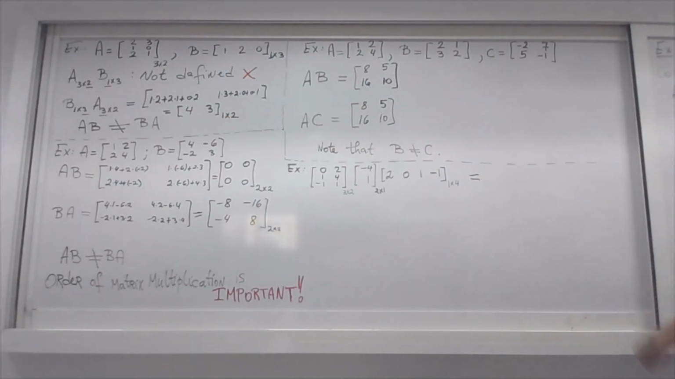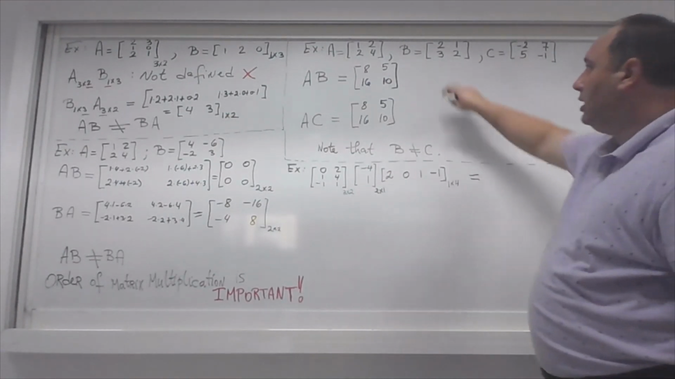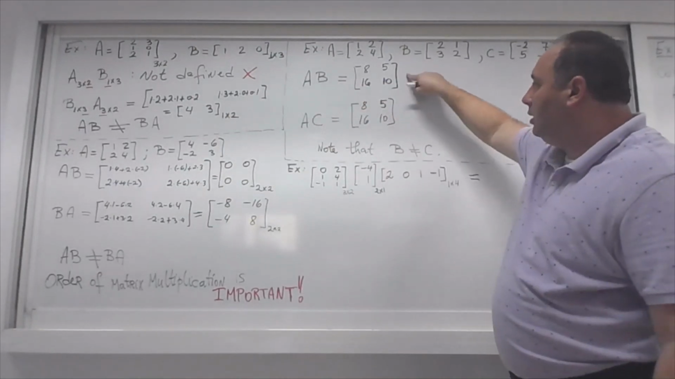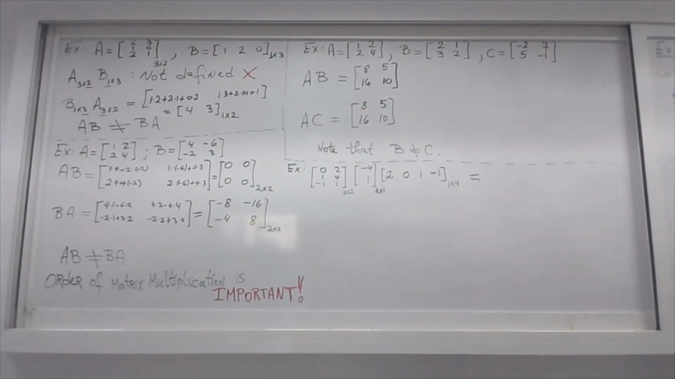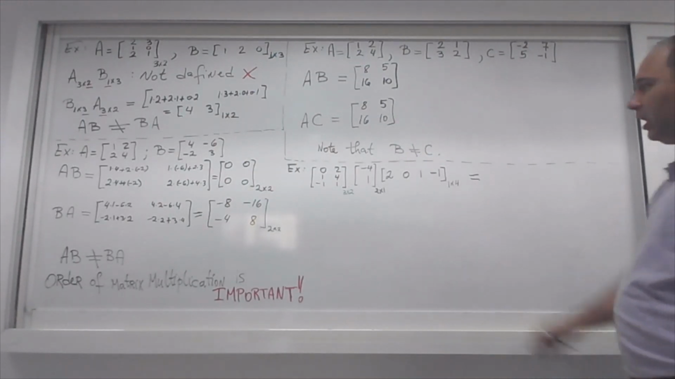So this is different from what we have with real numbers. You can have AB equal to AC, yet matrices B and C are different from each other. So be careful, you cannot make any conclusions. Another example